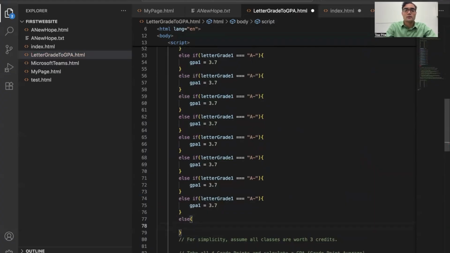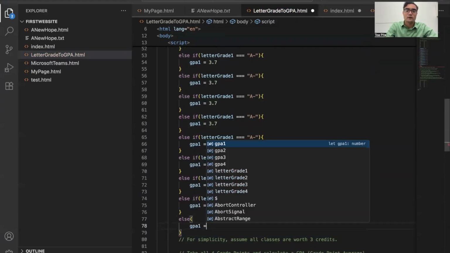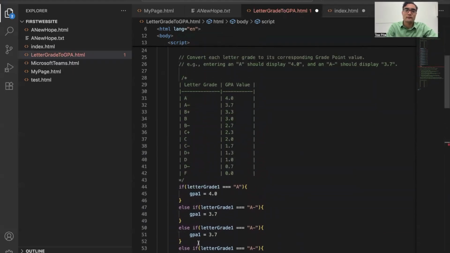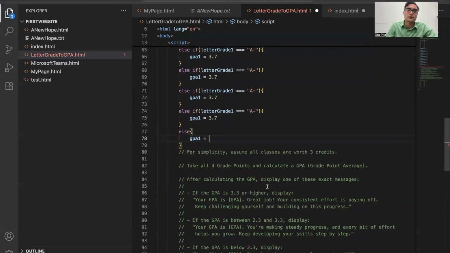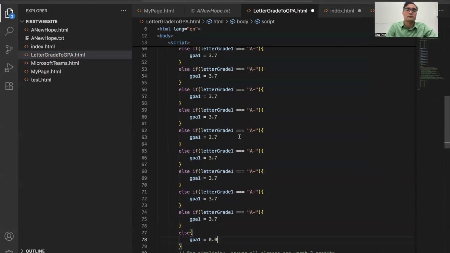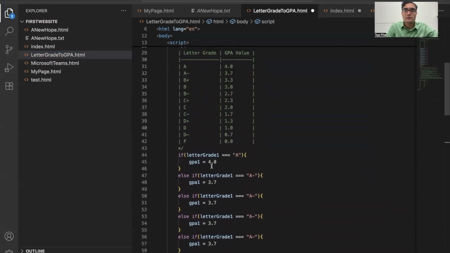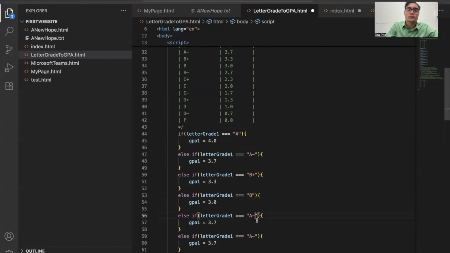And here we'll set gpa1 to whatever F is. F is 0.0. So, okay. So A is 4.0, A minus is 3.7, B plus is 3.3, B is 3.0, B minus is 2.7,